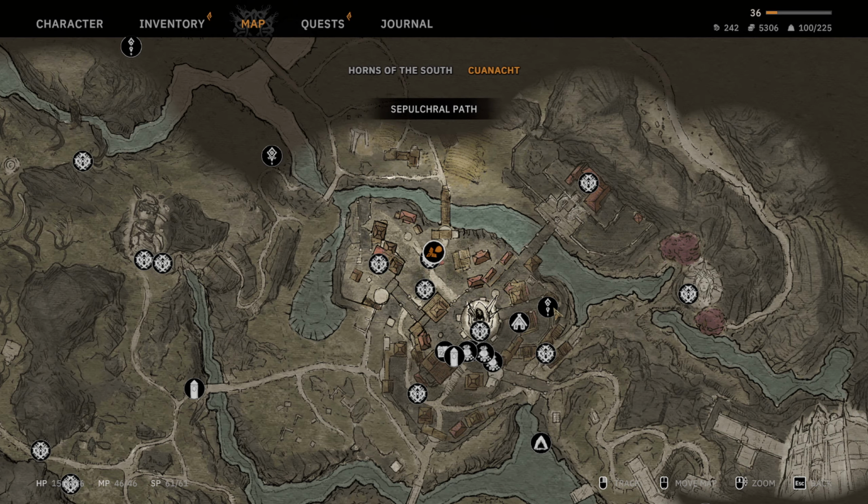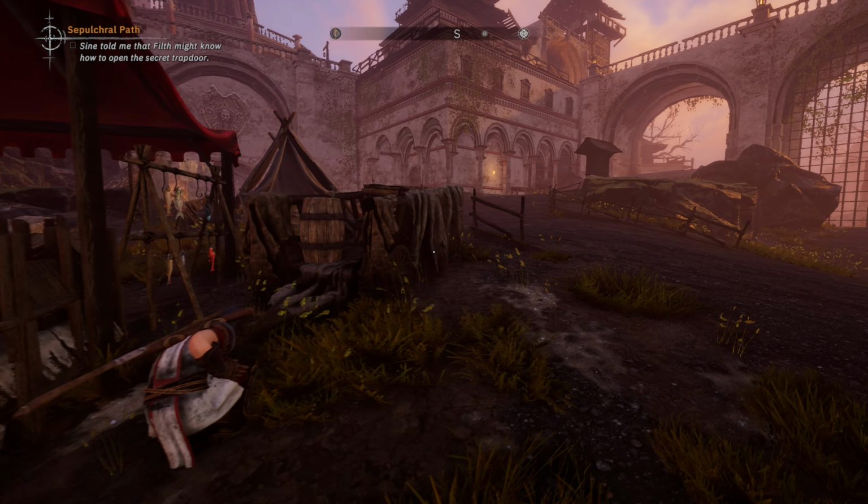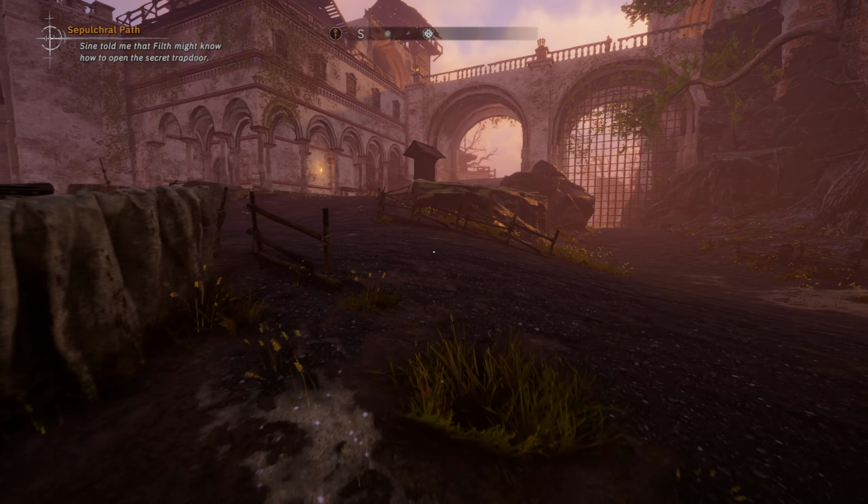And filth is off in this tower. The Pulchral Path. Interesting quest name. We'll go drag this out to its natural conclusion for the rest of this episode, I suppose. I did want to take care of everything in Cuanacht before we headed on out, so